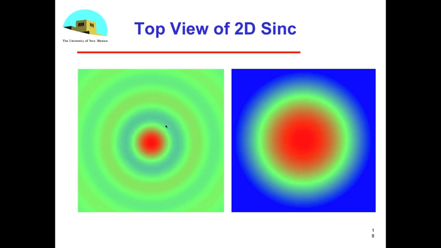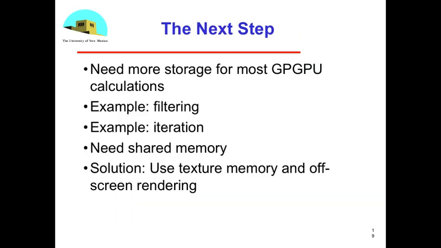I probably should have done that to the Hawaii image too, but you guys can do that. So the next step is to really say, well, what's really left out here? Well, really the biggie is we've shown simple filtering. We haven't shown our ability to iterate because I really haven't shown you yet how to store it. And it's really the combination of using texture memory and off-screen rendering